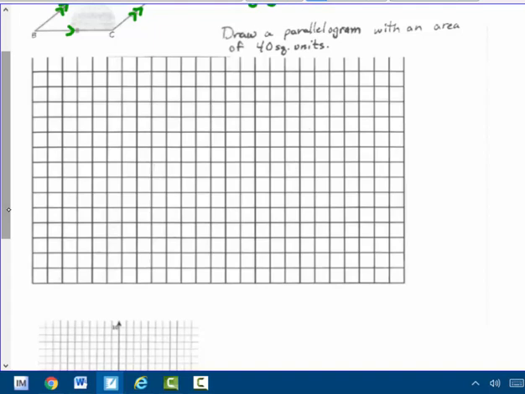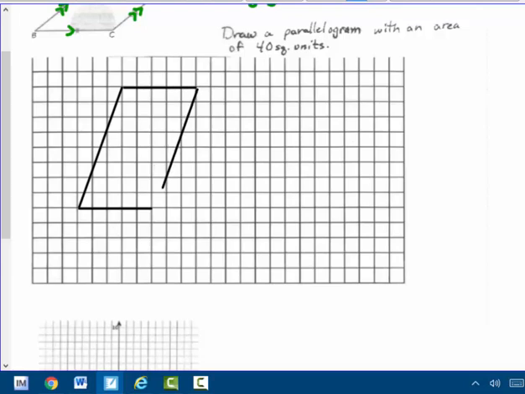So I'm going to draw an 8 by 5. Let's use a straight edge, please. I'm going to say the base is 5. 1, 2, 3, 4, 5. And its height would be 8. Is that 8? Maybe that's 8. 1, 2, 3, 4, 5, 6, 7, 8. Yes. And then a base of 5,